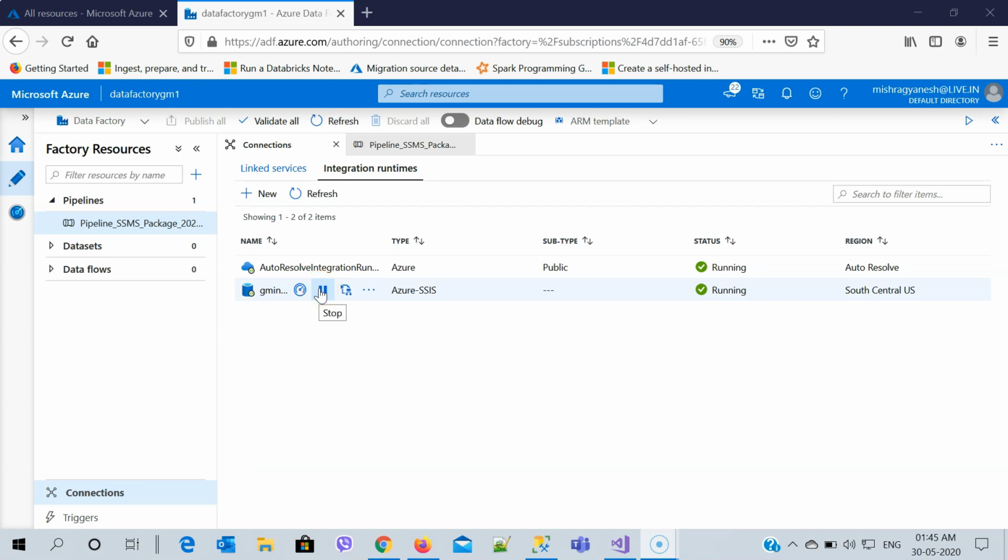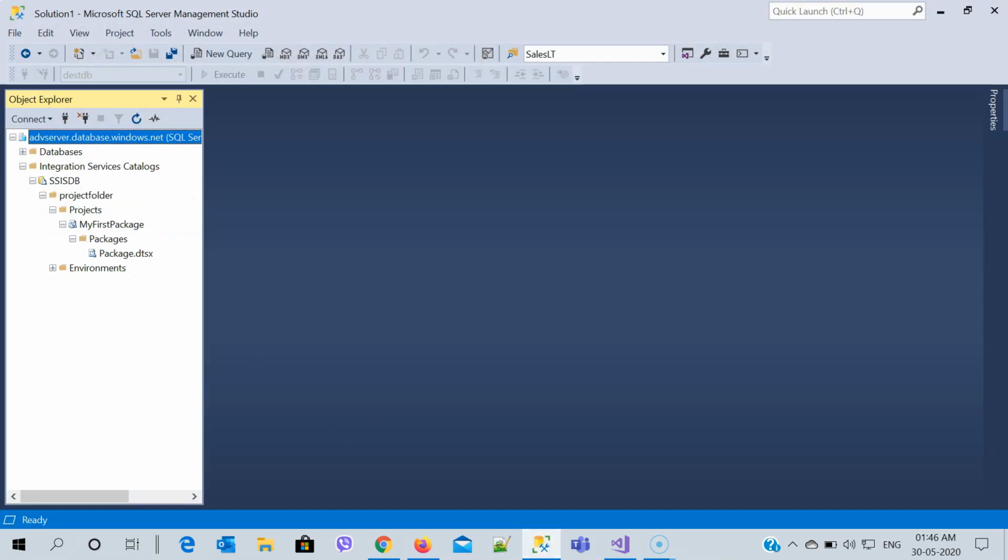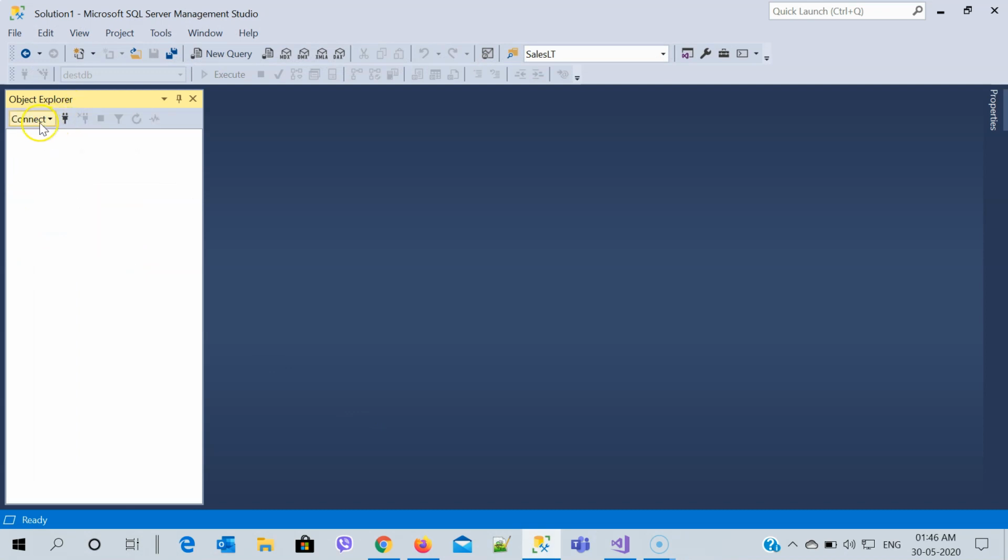So now the final step is about I want to check my data, that whether my data has been successfully copied to the destination when this package was executed. So in this case, I am going to my SQL Server Management Studio. I am going to disconnect this one. We'll click on this connect, database engine.